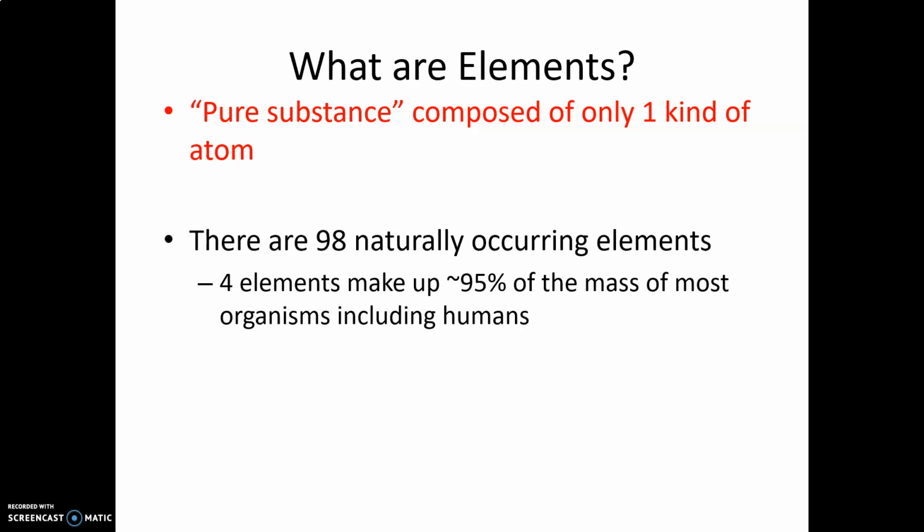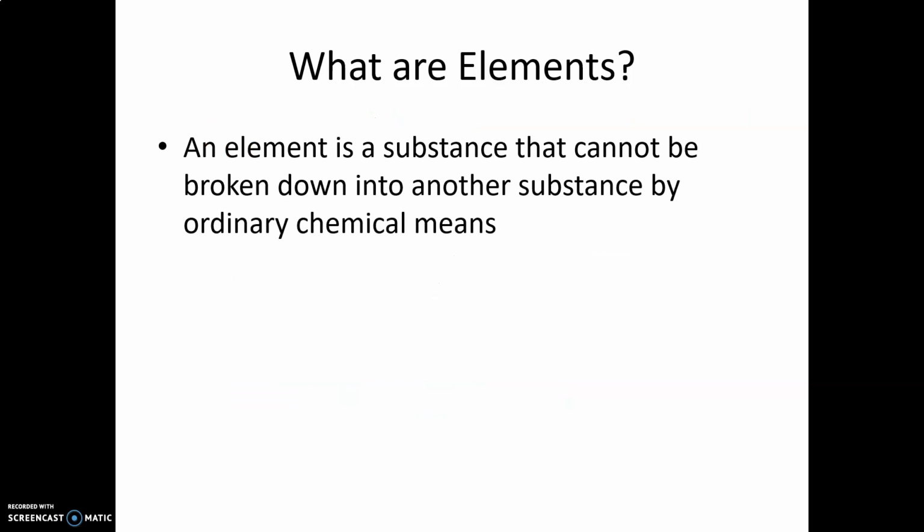We've talked about these 4 elements that make up most of the human body. And by now, you should be able to name those. Carbon, oxygen, nitrogen, and hydrogen, right? And then the other 2 that makes up about 3% more, phosphorus and sulfur. Remember that. And you can go with CHOPNS, CHOPS, okay? And so an element is the pure substance.